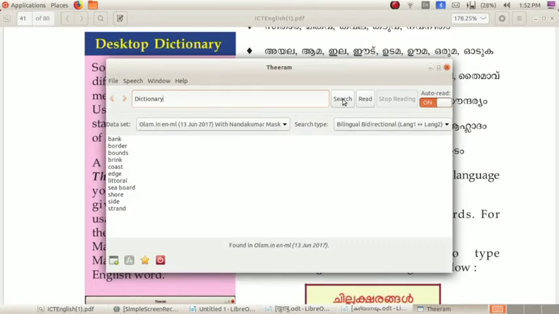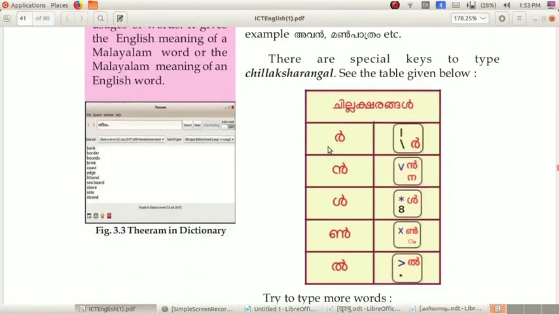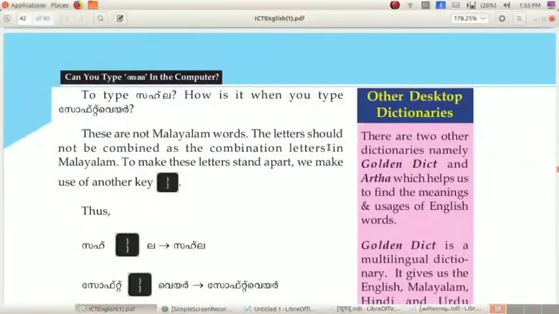Then click on the search button. Okay, so that is the Theeram dictionary. We can know the meanings of the words from English to Malayalam and Malayalam to English.